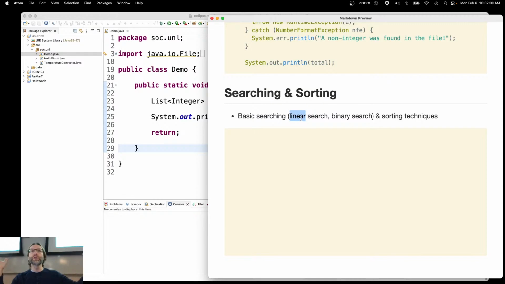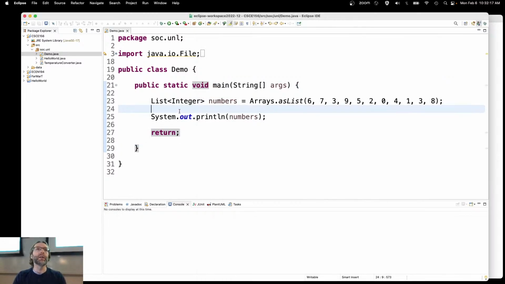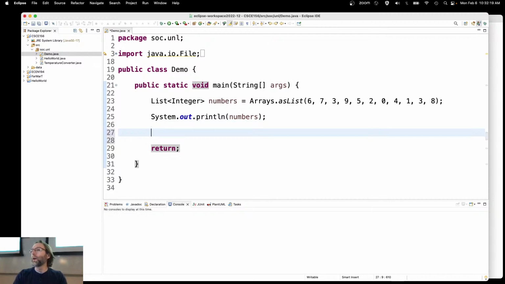If you've got a bunch of integers, you're searching for 5. That's not it, that's not it, that's not it, that's not it, and you go all the way to the end. To do something like that in Java, if I've got the numbers here, I need to find an index of it. So numbers.indexOf, if I'm searching for that 5, that will give me an index. This is built in. You don't roll your own. You don't write your own algorithms for this stuff. So int index is equal to